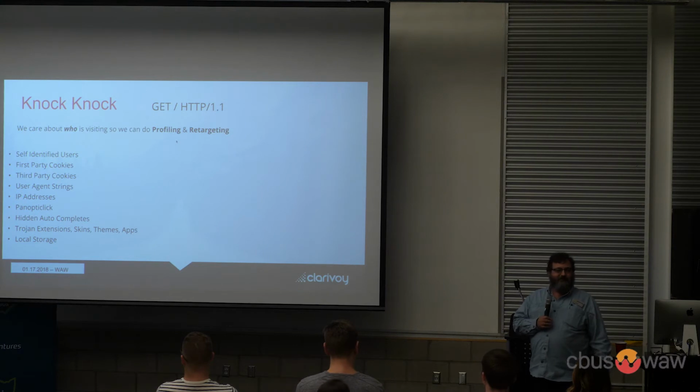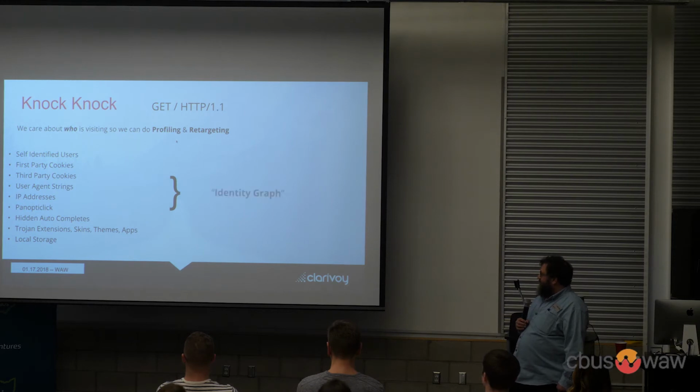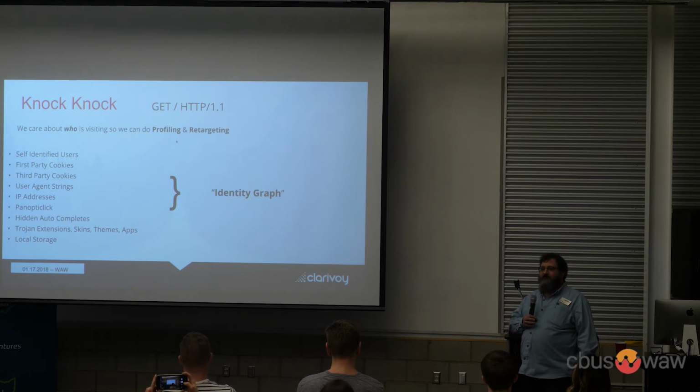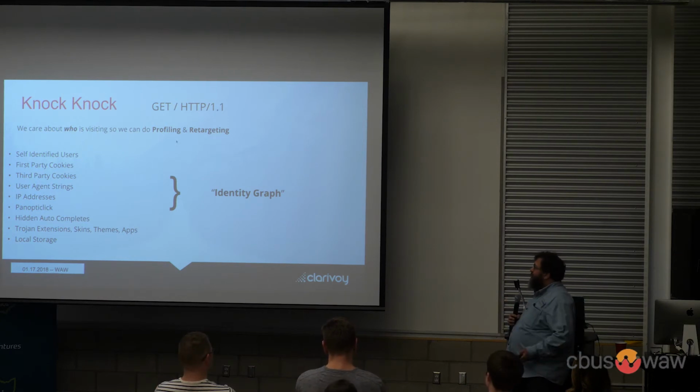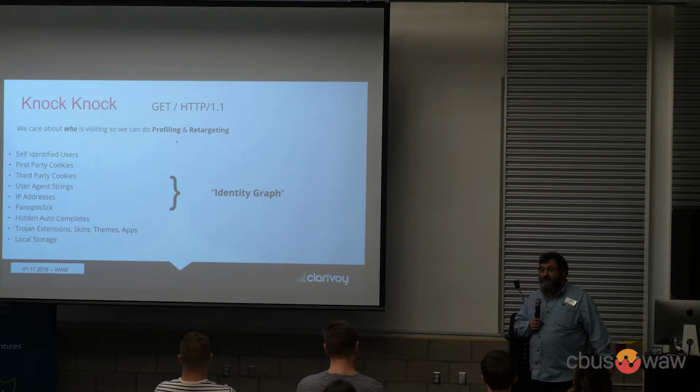These are the sorts of things we use as web analytics people to figure out who people are when they visit the website, because it helps us answer important business questions. These altogether form something which is commonly referred to as the identity graph. And there are lots of identity graph vendors out there. Google is an identity graph vendor to some extent. LiveRamp. There's a bunch of people out there who play this identity game and then sell the identity services to people who are trying to figure out who's on their website.